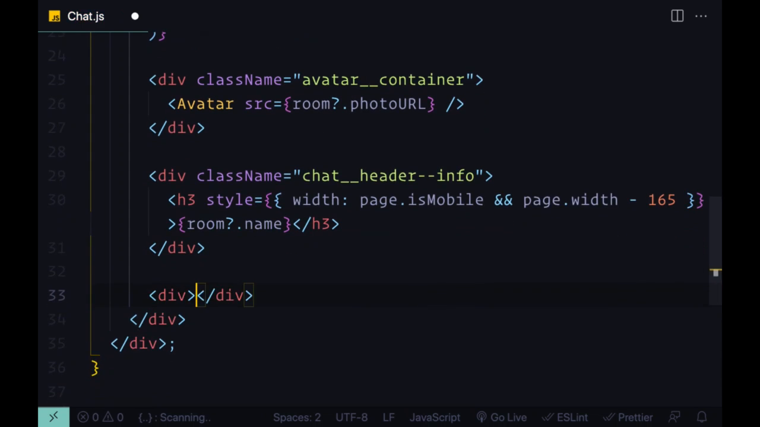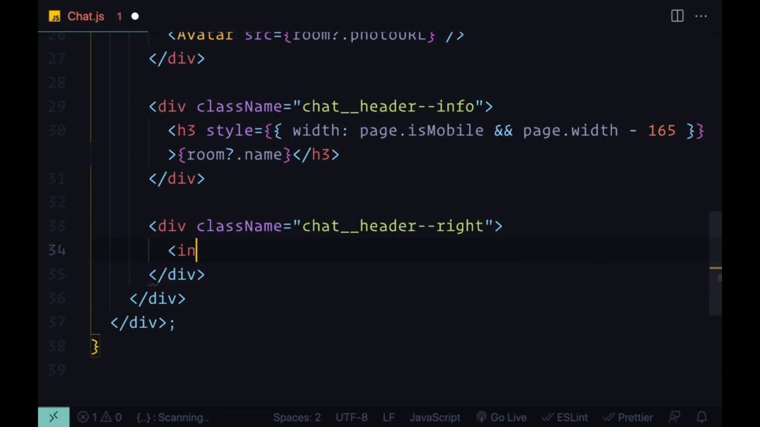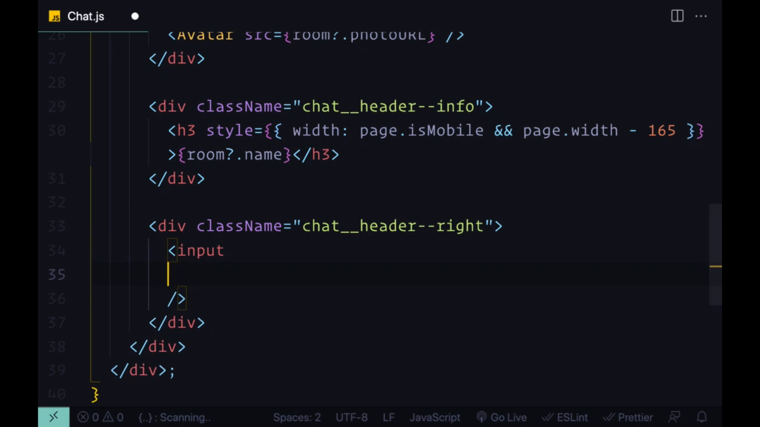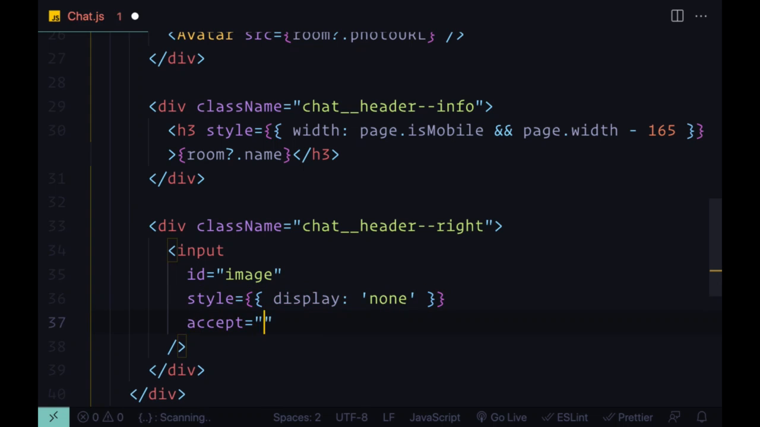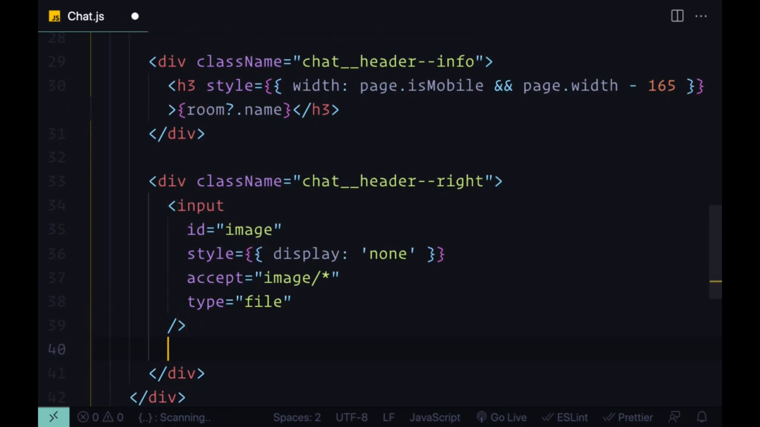After this div, we'll have one with the class of chat header right. And this will consist of an input, which we will be able to use in order to add image messages to our chat. It'll have the ID of image. We want to set its style to display none. We don't want to display the input itself. We want it to accept only image files, so we can say image slash asterisk to say basically any valid image file type. We want the type of the input to be file,